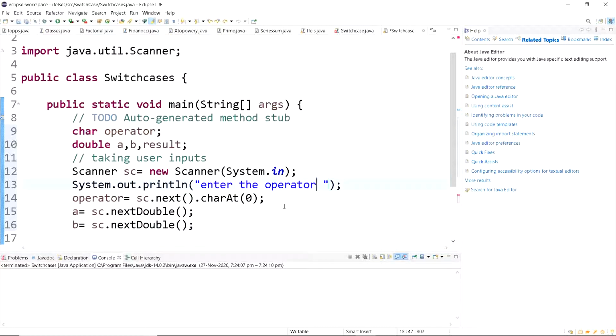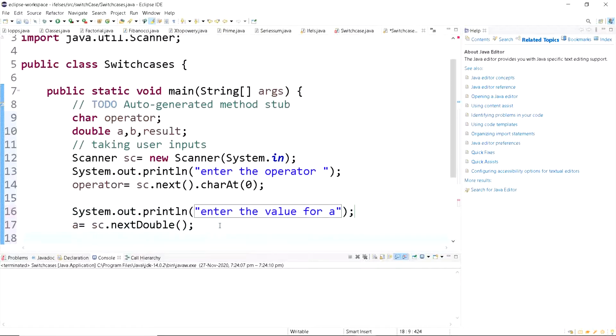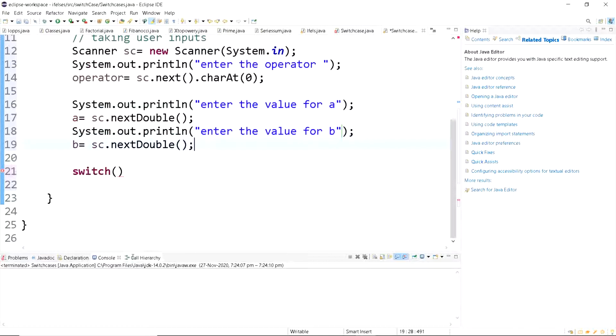Enter the operator, and then enter the value for A. Enter the value for B. So we've declared everything. Now switch operator.